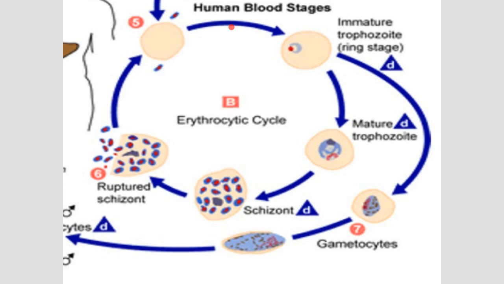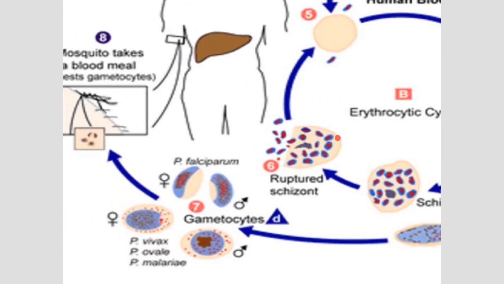The other problem with this one is that when it goes to gametocytes, like in number 7, the name gametocyte suggests a sexual component. We say male and female gametocytes, because gametocytes are gametes like sperm and eggs. So you can see that they have an asexual and then a sexual cycle, where we will have male and female gametocytes. And that also is a diagnostic thing.